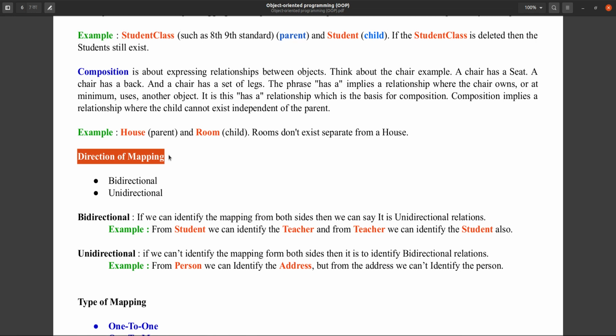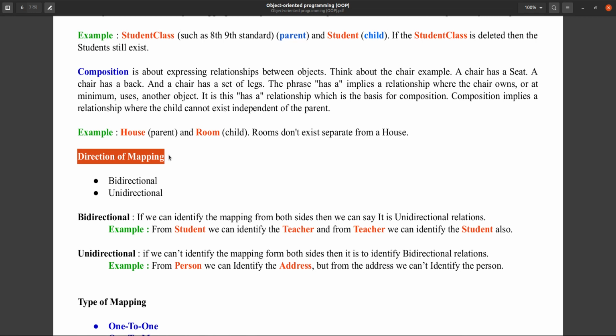We can get this detail from the student object, and from the teacher object we can get the details of how many students are available under that particular teacher.